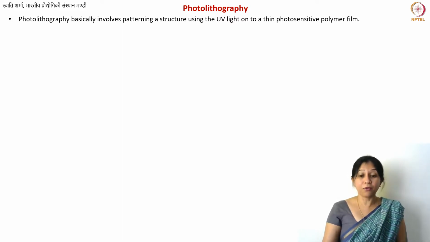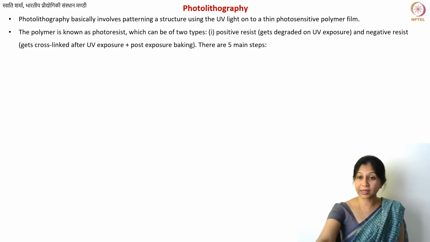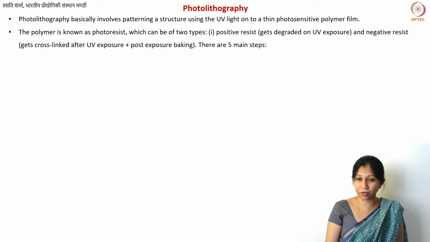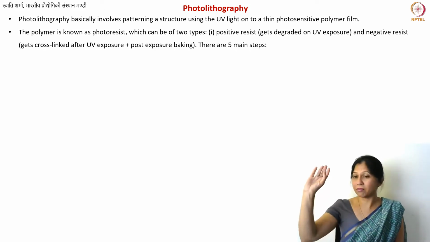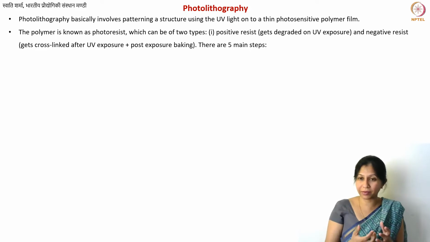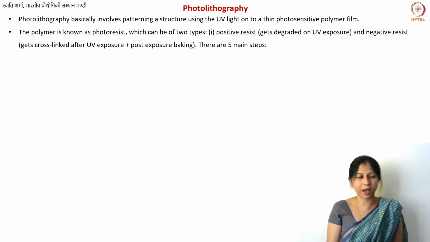Okay. So photolithography involves UV light. Now, how does it involve? How do I use light as a tool? Light can be used as a tool if the material that I'm dealing with is sensitive to that light. You know that there are many materials that are photosensitive. You leave them in the sunlight and something bad will happen to them. They change their chemical structure. That is what is actually happening to them. So you have photosensitive materials.